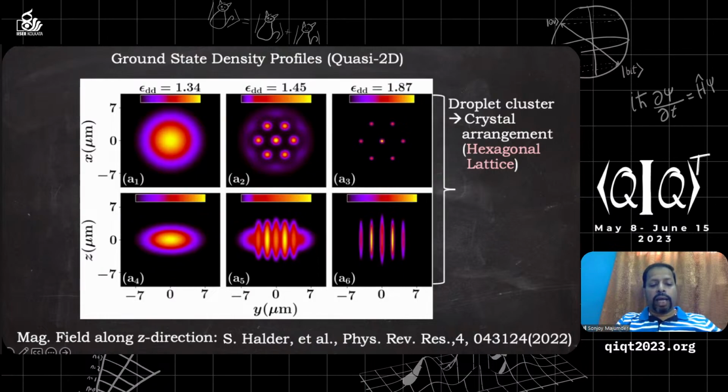What we see is that if you have the magnetic field along the z direction, that means phi equals 0, for different values of EDD, which is actually the ratio between the dipole-dipole interaction and the atom-atom interactions, from 1.34 to 1.45 to 1.87, we see clear superfluid features. But once we increase the EDD, this is the profile in the XY direction, 2D. We see some nucleation of the density, and around that there will be superfluid. So this is actually our supersolid phase of the